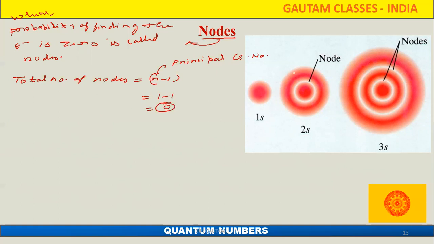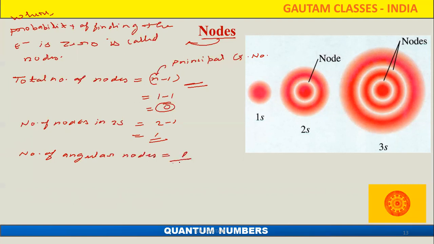Those are the darkest parts, where the electron is present. Those are the white parts, showing the nodes. That means there is no electron present. So where the presence of the electron is 0, that is called a node. In the 2s orbital, the number of nodes is 2 minus 1, that means only one node is present here. So for finding the total number of nodes, we use that formula. After that comes the number of angular nodes.